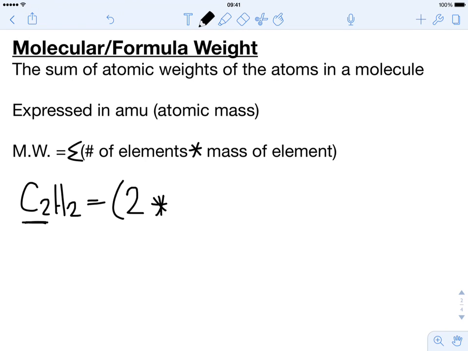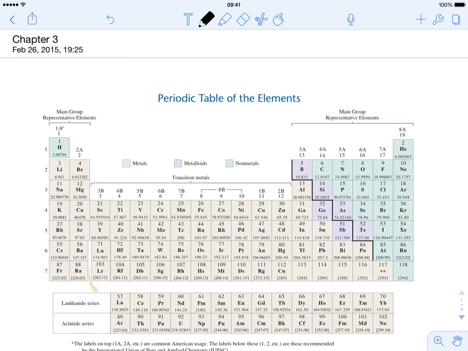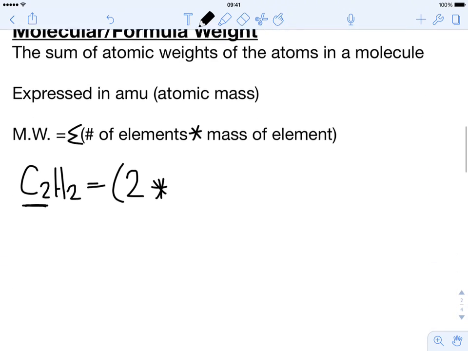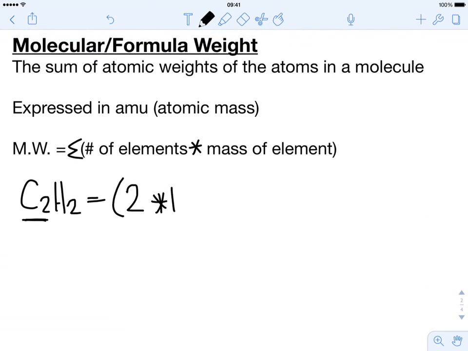Now what we do is we take a look at each element individually and we add them together. So let's look at carbon first. How many carbons do I have? I have 2 carbons, so I write down a 2. Now I'm going to multiply that by the atomic mass of carbon. So if we look up here at our periodic table, we'll see that the atomic mass of carbon is 12.01. So I'm going to multiply that 2 by